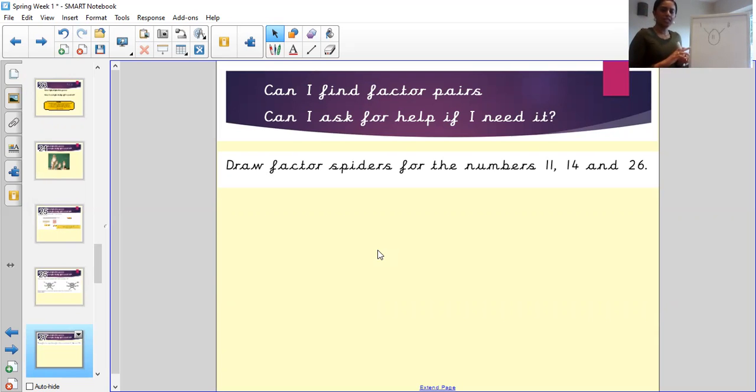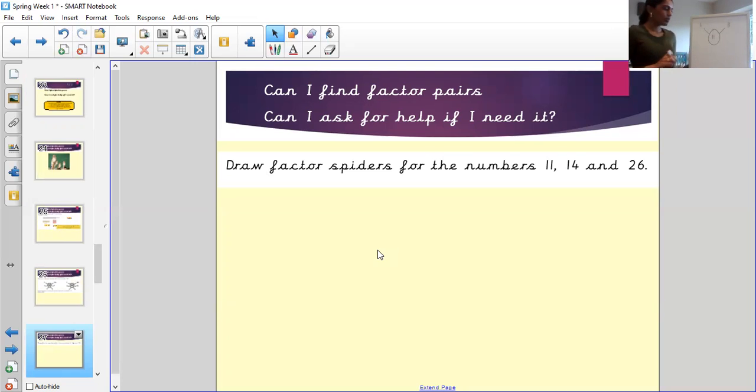As we're going up, can you see what's happening? 11 isn't becoming another factor. It looks like there's only one factor for the number 11. So what does that mean? When we have a number that only has one factor pair of itself,